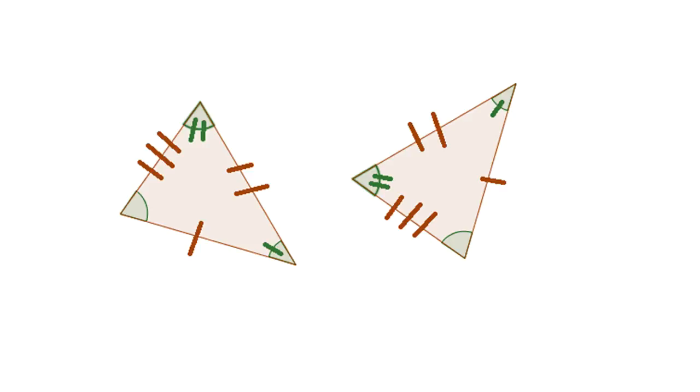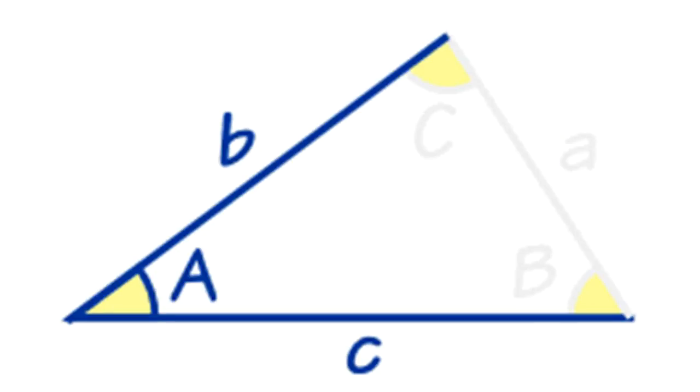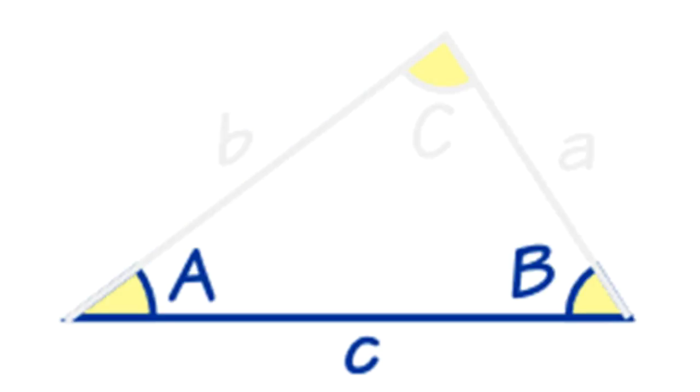You most likely learned at school about congruent triangles, especially how to prove them. You need either 3 equal length sides between the triangles, known as SSS or side, 2 sides of equal length and an angle in between, known as SAS, 2 equal angles and an equal side, known as ASA or AAS,